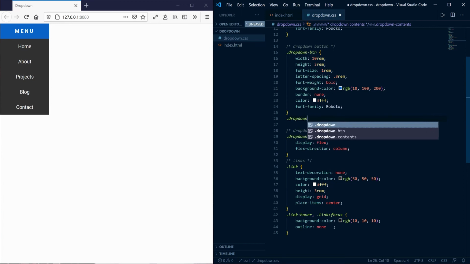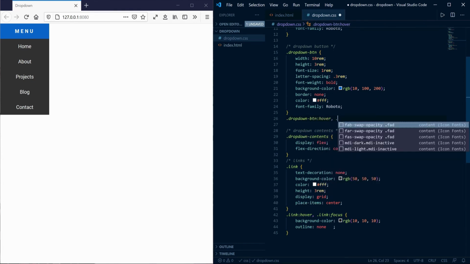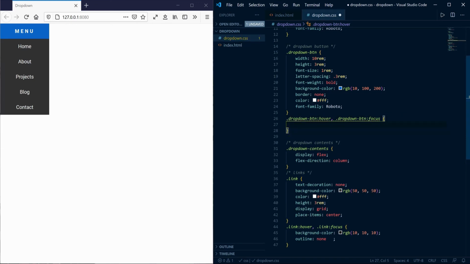Let's add hover and focus for our button element as well. Set background color to darker blue.